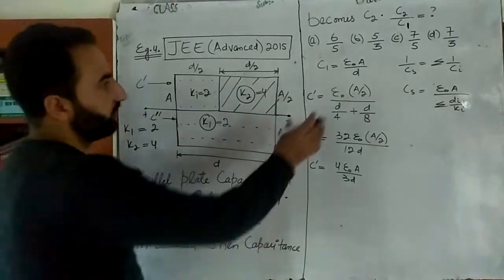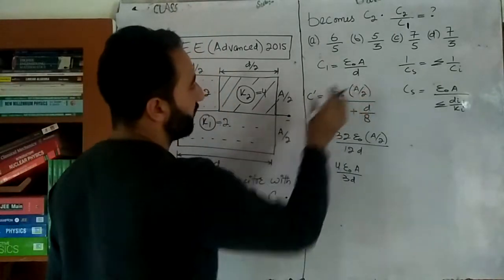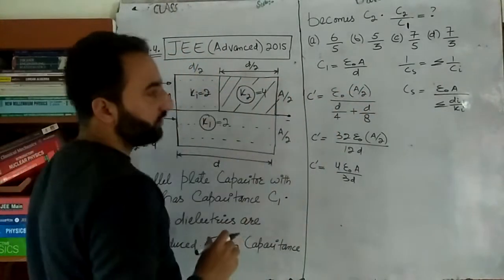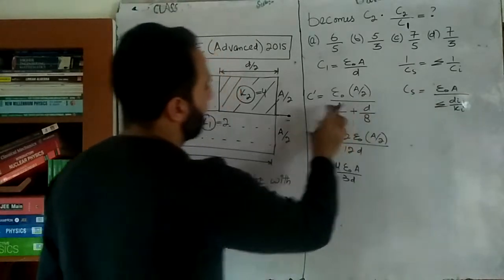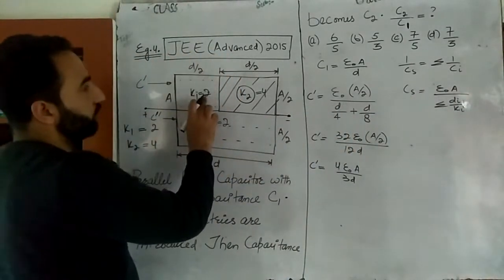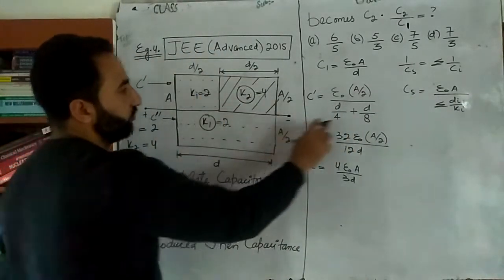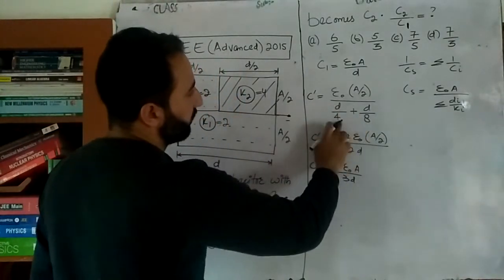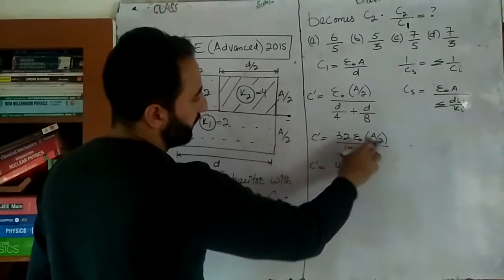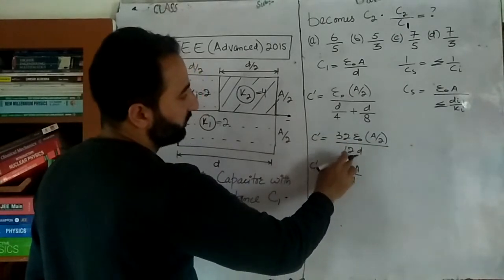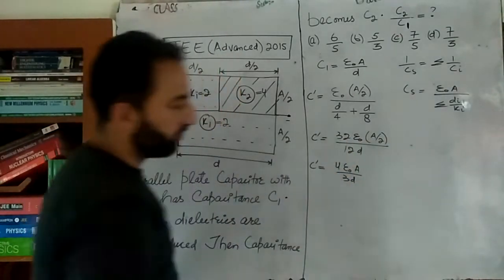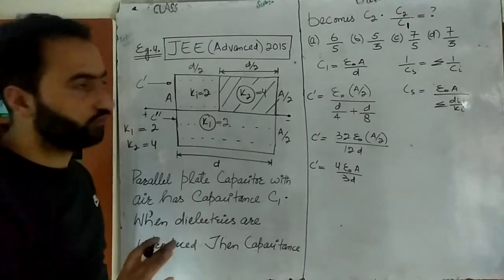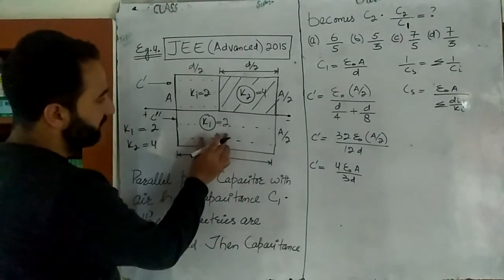Done with this, simply we had written this equation: epsilon naught multiplied by area, the area of this is A by 2, divided by the summation of Di by Ki. So that is D. 2 2s are 4, so D by 4. 2 4s are 8, so D by 8. Now go for the cross multiplication. 8 plus 4 is 12. 8 4s are 32, so in the numerator it will be 32. Then here 4 3s are 12, 4 4s are 16, so 4 epsilon naught A divided by 3D. That is C dash for you. Done. Then C double dash is the capacitance of this.